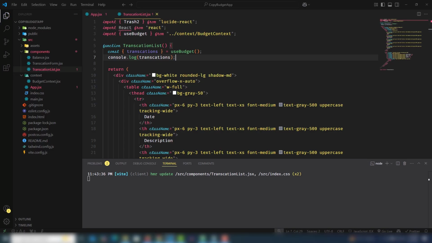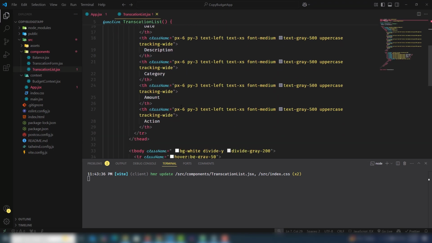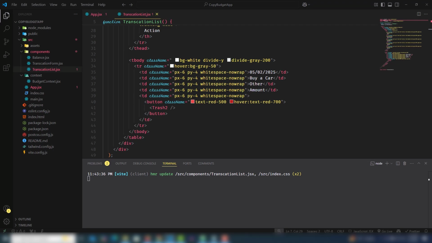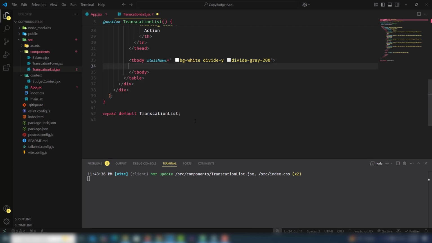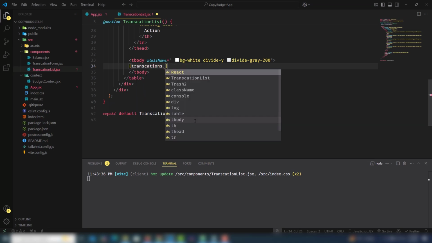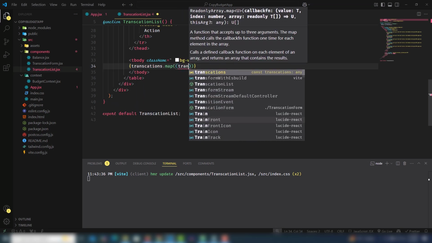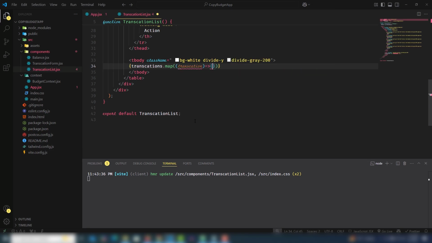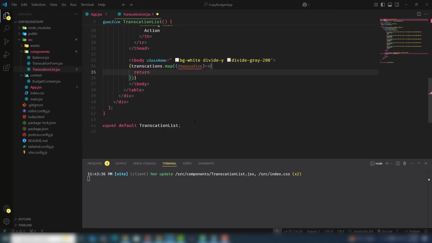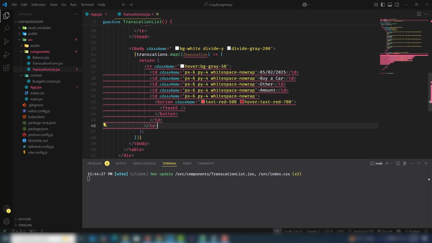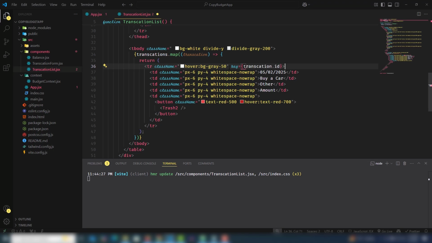So we're gonna use a loop to display the values inside there. Okay, so this is the tbody, before the TR tag I'm gonna cut out, and use curly brackets, use transactions.map, and I'm gonna use transaction, and we need to use return and TR, this one. By the way, I need to assign the key, transaction.id, and we need to store the values one by one on there. The first one is